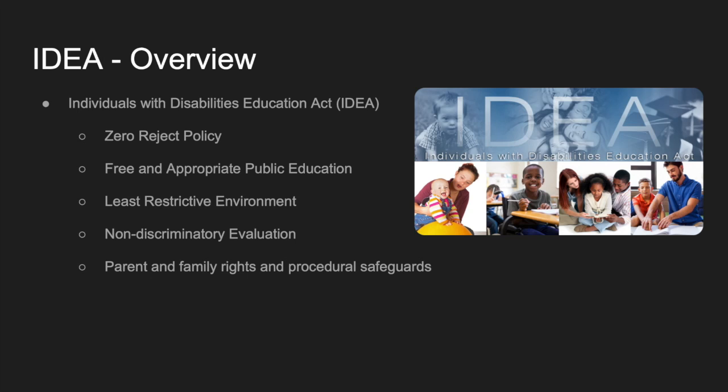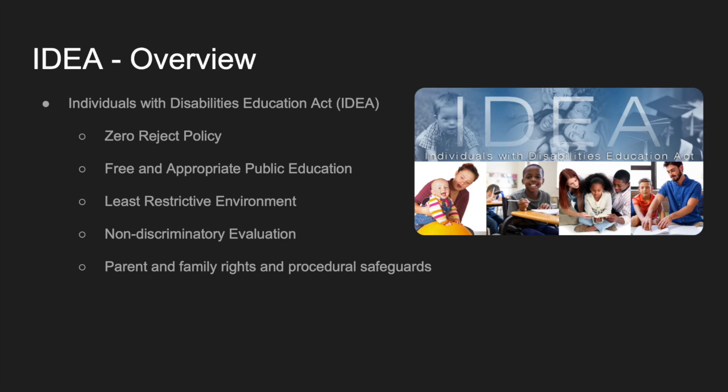It also requires states to set up a system to find these students because you could, in a way, avoid the problem and create, in a sense, rejection by not looking for students who need these services. And it also covers things like suspension and expulsion policies on how schools can go about, if they have to, removing a student from the school.